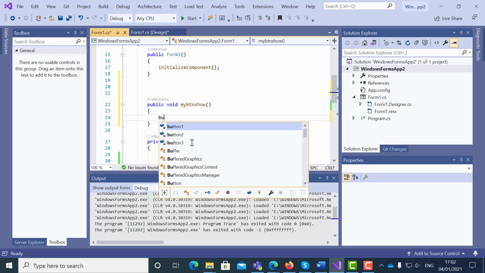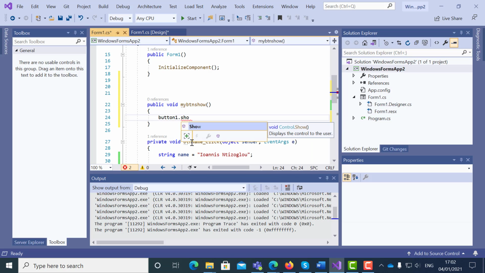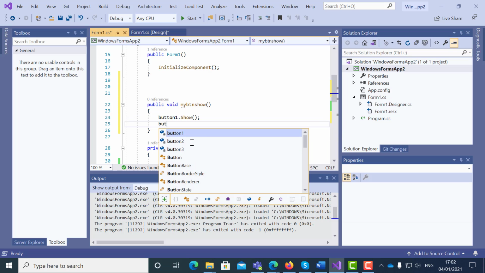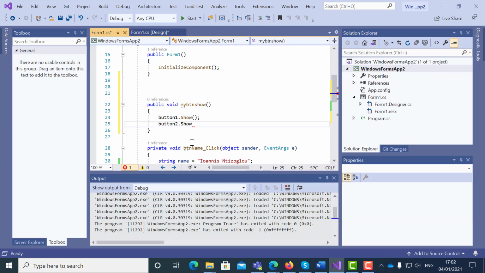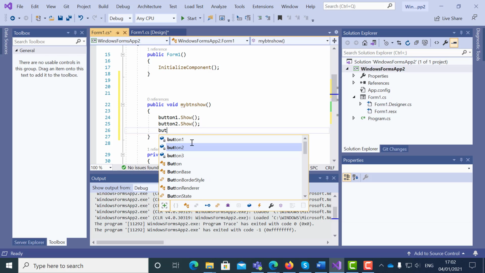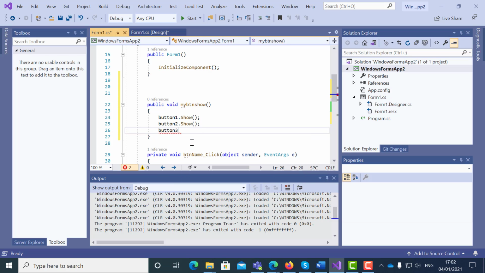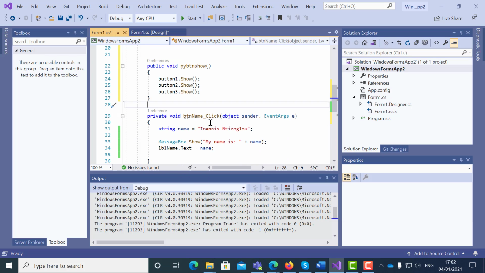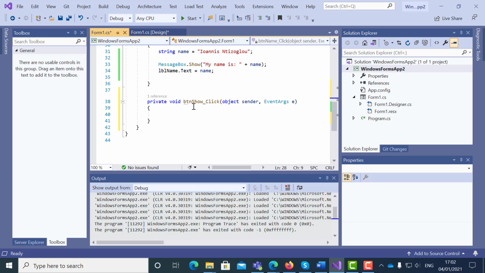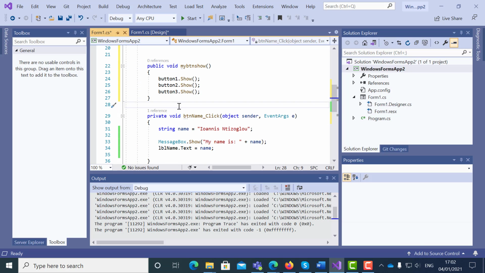So I'm going to say button 1 dot show, button 2 dot show, button 3 dot show, okay, and here btn show, instead of actually keep repeating all these procedures here, what I will do is basically call